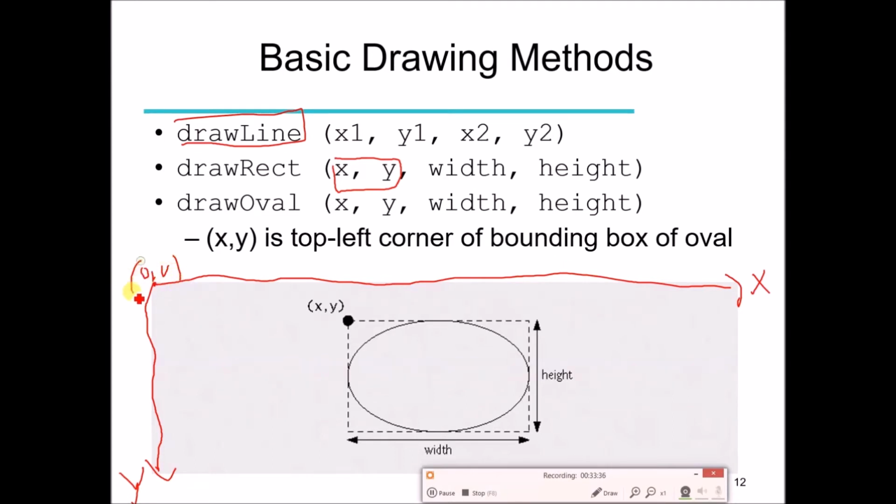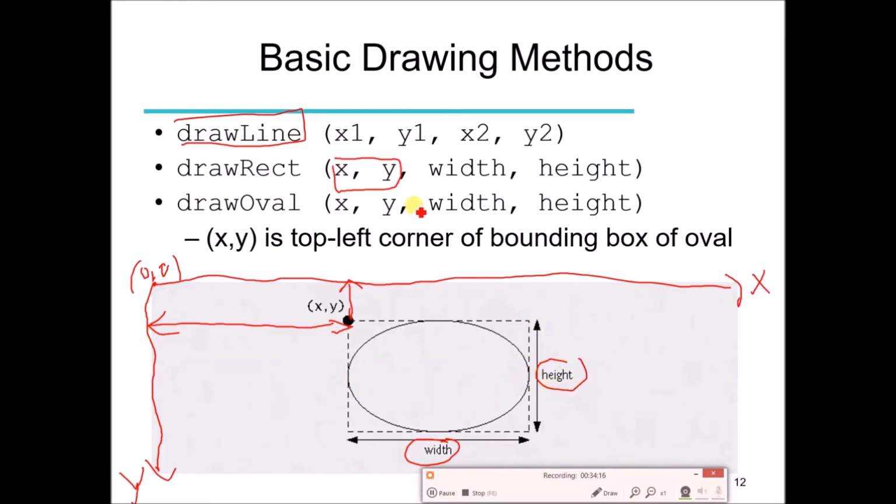Where we want to draw the rectangle, we have to specify the x and y position of the rectangle with respect to the Java coordinate system, where the origin is at the top left corner. So you can say that this distance is the x and this distance is the y. These are the first 2 parameters, x and y, if you want to draw the rectangle. The next 2 parameters are the width and the height of the rectangle. In this example, this is the width of the rectangle. You can see the rectangle as a dotted line, and we can see the height of the rectangle.